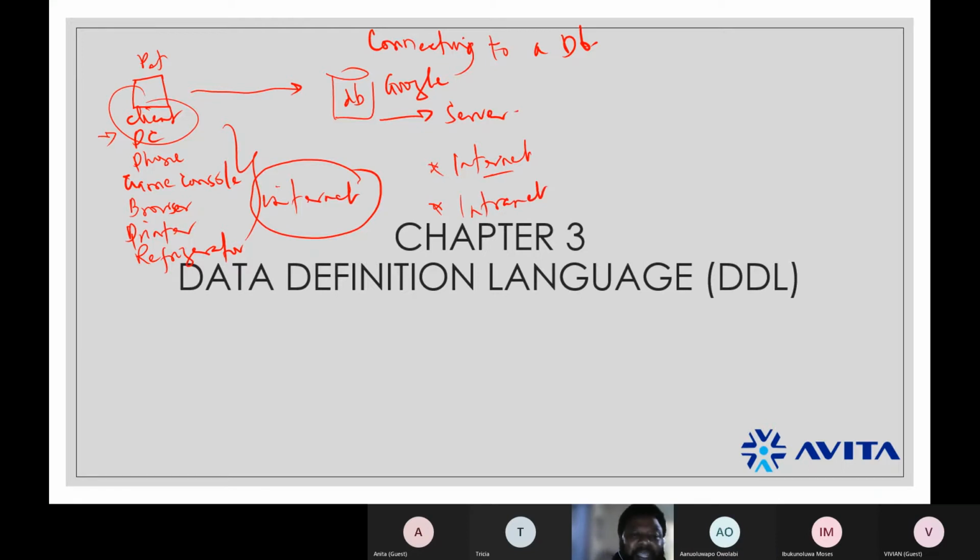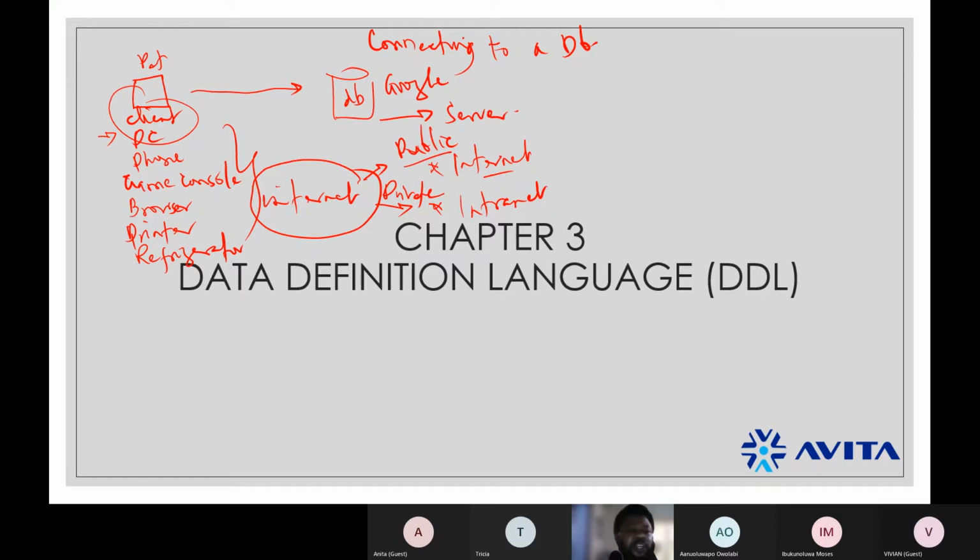The same way you connect to the internet, you can also connect to the intranet. The internet means you are trying to connect to the general public domain all around the world. But an intranet is a private domain that is private to your organization. Please let me know if you understand what I'm saying so that I know if I'm breaking it down enough.